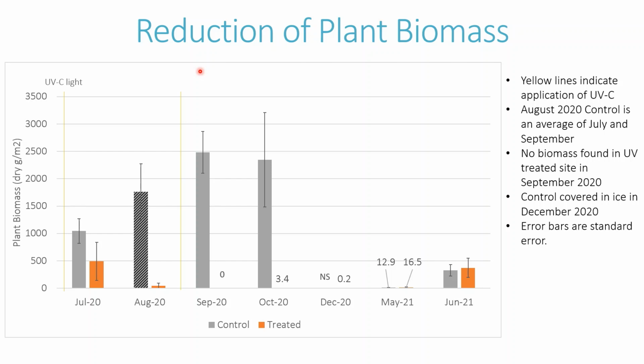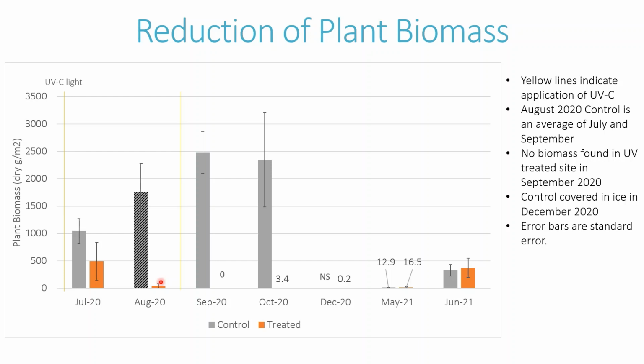Side note: the striped bar here for the control in August is an average of the July and September data, because in August the control was so overgrown with the raccoontail that it was too hazardous for us to dive. Looking at the treated,